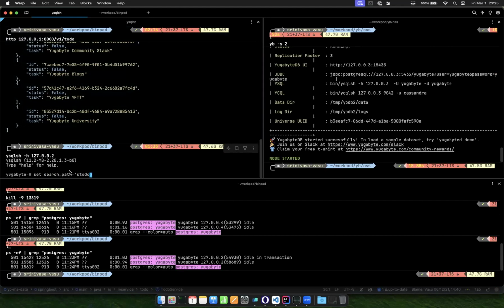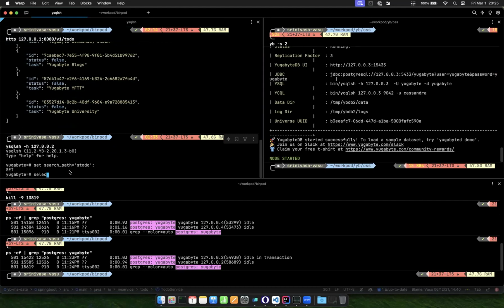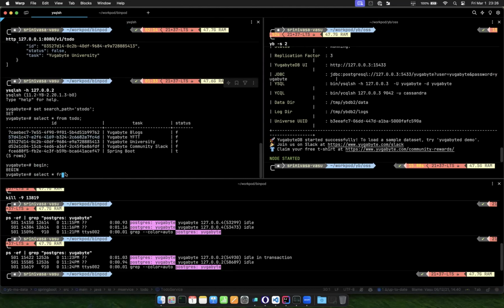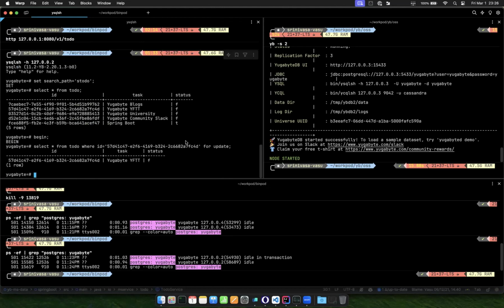Okay, let's list the to-do from the to-do table. What I'm going to do now, via this YSQL SH terminal, is select this row and lock this row. So let's begin the transaction and then select from to-do where ID equals this, for update. And if I try to update this row, whatever row that I picked,